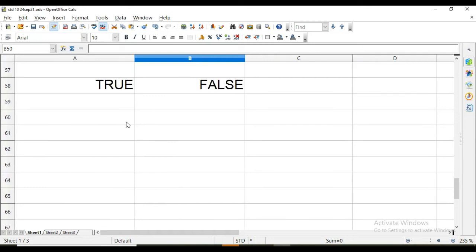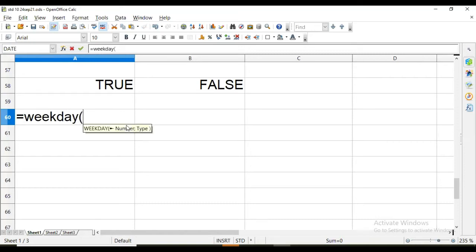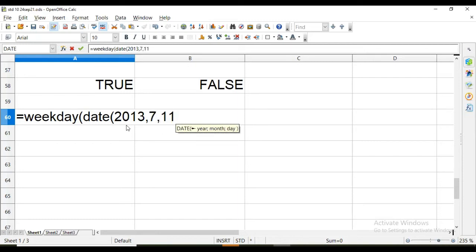Then WEEKDAY, for example, is equal to the WEEKDAY function. Then there are arguments like the date, the date for which we want to find the weekday. So it is 2013, comma 7, that is month, and 11th is date. Now close two parentheses, since the first parenthesis is for this value and the outer parenthesis is for the WEEKDAY function argument.